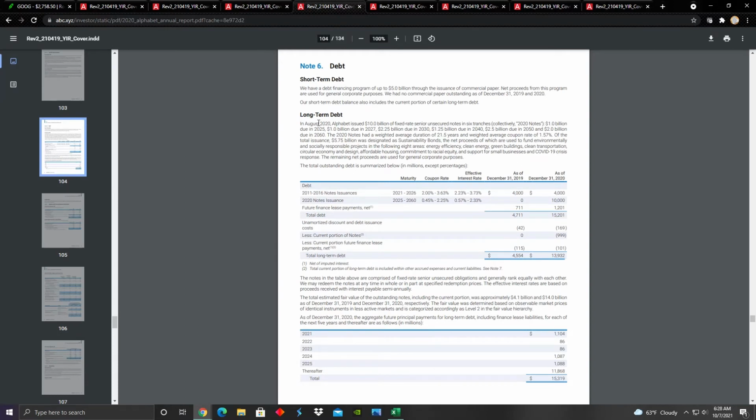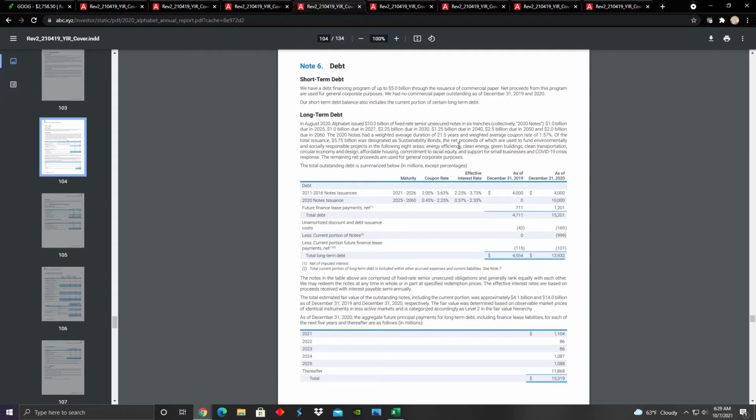Next thing that I want to look at is their debt obligations. We can see that their short-term debt comes out to up to $5 billion. And in terms of long-term debt, there are a couple of figures here that we can analyze, but I'm more so interested in what the debt is actually made up of, which we can see right here, $5.75 billion designated